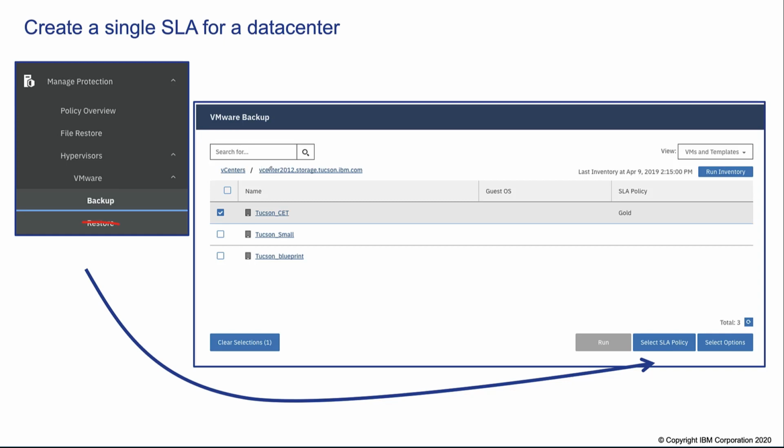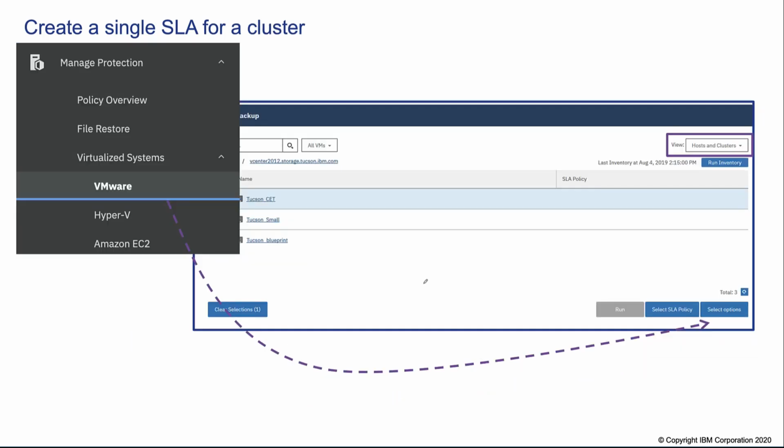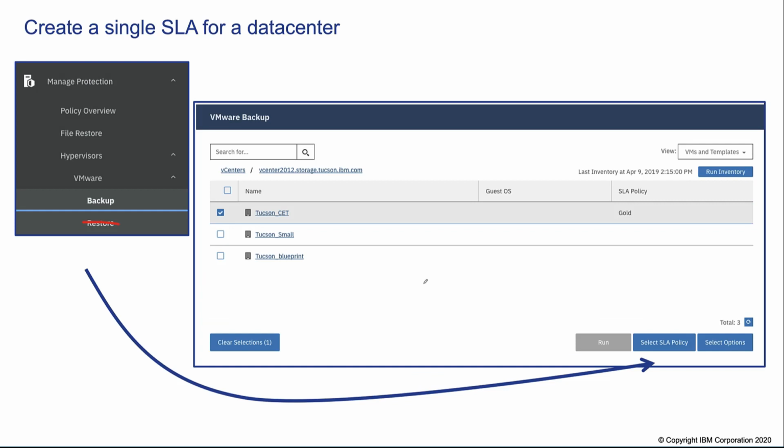This is vCenter 2012, and you can see I have several data centers, and what I'm going to do is assign this data center to an SLA policy. So I'm creating this global policy that I'm going to use for the vast majority, 98% of my virtual machine workload. So that's easy. Basically, at this point, if I was thinking from the virtual infrastructure admin's point of view,